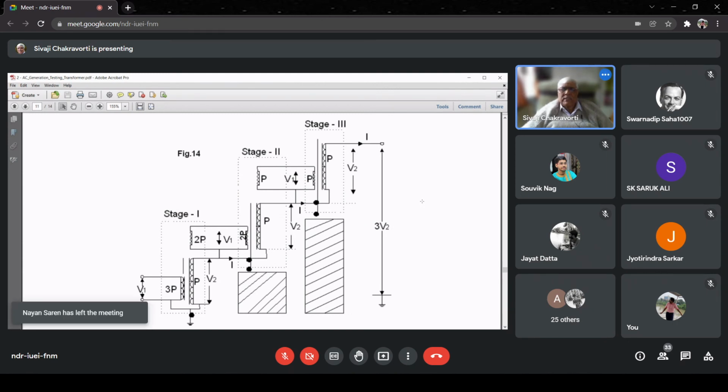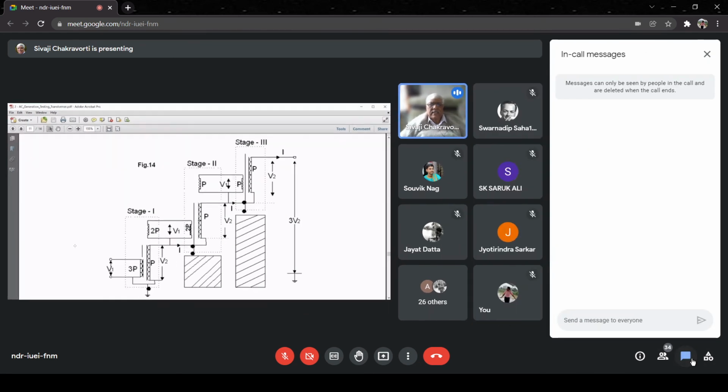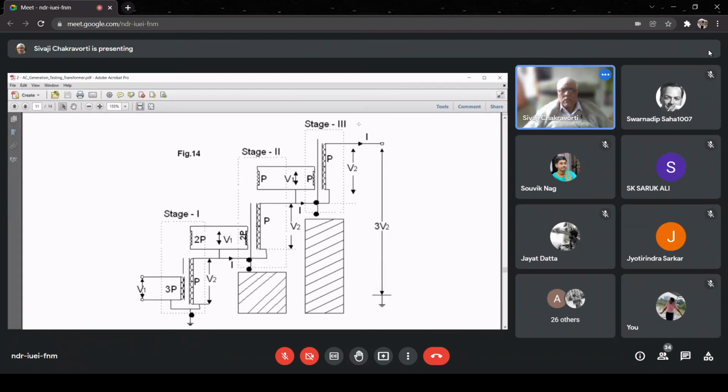That is one point. And the second point is the volt-ampere capacity of the three transformers. We should not make them different, because then we have to order separately stage 1, stage 2, stage 3 transformers. What we want are exactly identical transformers, so that all of them should be 3P. Then the overall cost of manufacturing, etc., all goes down because they don't have to be manufactured separately. So in that case, all three will be 3P. So our installed capacity will be 9P. And therefore, our utilization will be 3P by 9P. So it will be 33%.